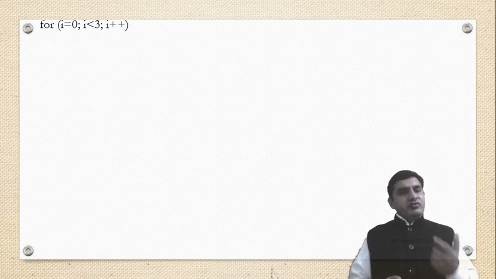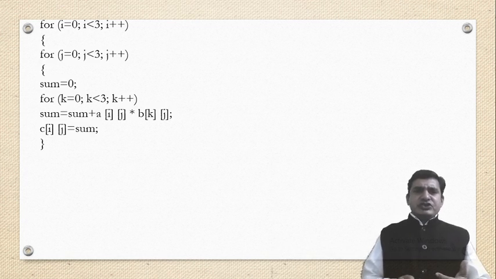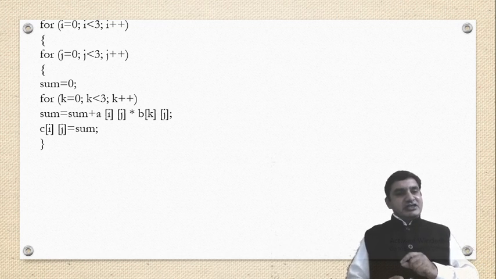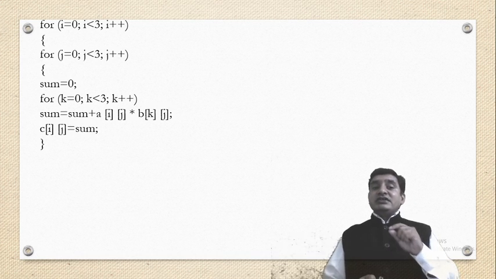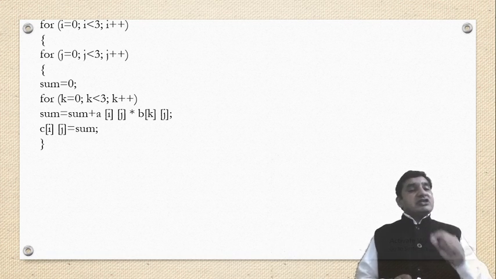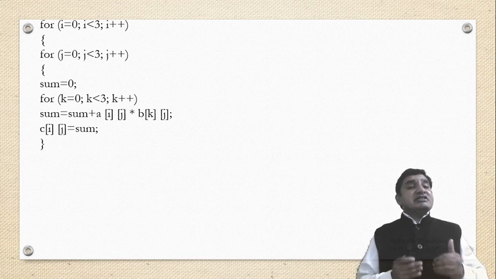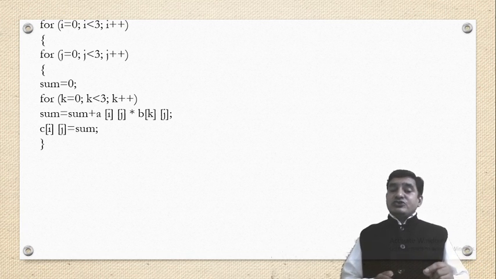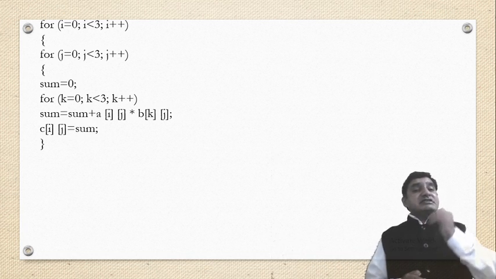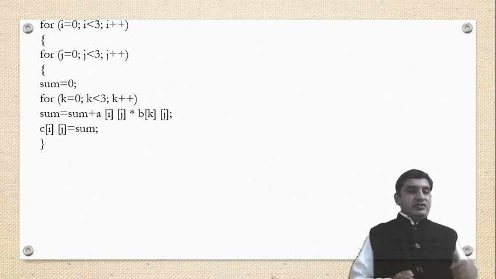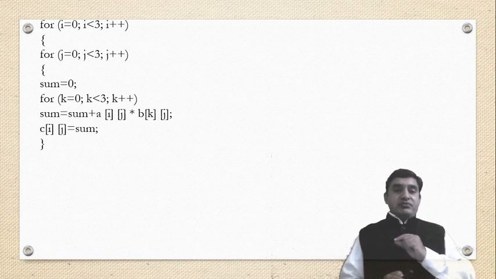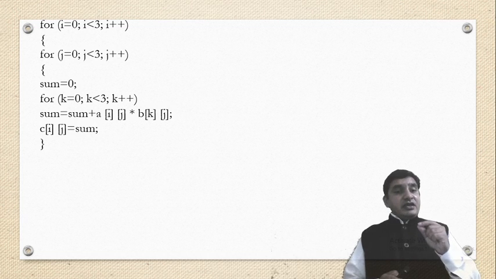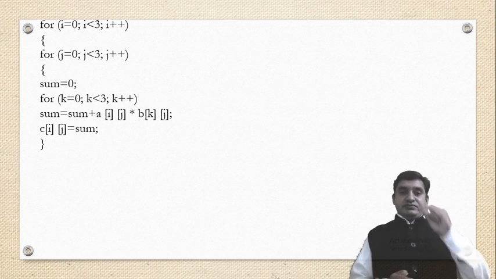Now we use a for loop again. For i is equal to 0, i is less than 3, i is incremented. Again, for j is equal to 0, j is less than 3, j plus plus. Sum is equal to 0. We have to initialize sum is equal to 0. We use a for loop, k is equal to 0, k is less than 3, and k is again incremented. Now sum is equal to sum, which is actually 0, plus matrix a[i][j],